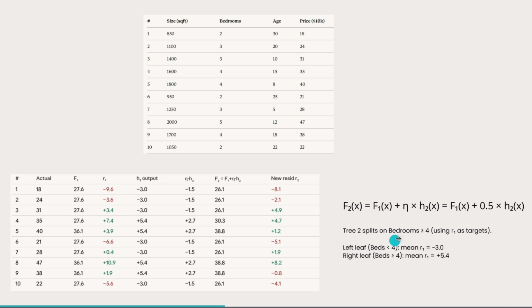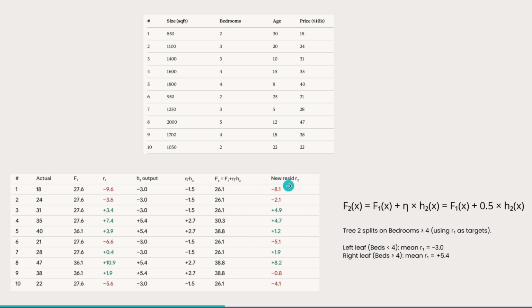Say in the next example, the second tree predicts the residuals left behind by the first tree. So here we are using bedrooms greater than equal to 4. So if they are less than 4, we calculate the residuals. If they are greater than 4, we calculate another. So this is also a very small tree that we are creating with only one root node and 2 leaf nodes. So again we multiply the residuals by the learning rate. F2 now is equal to the predictions made by F1 plus the learning rate multiplied by the residuals predicted by the second tree. So these are the updated values that our model is predicting,